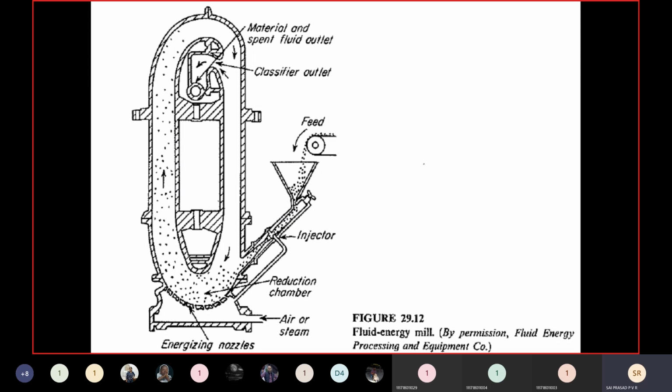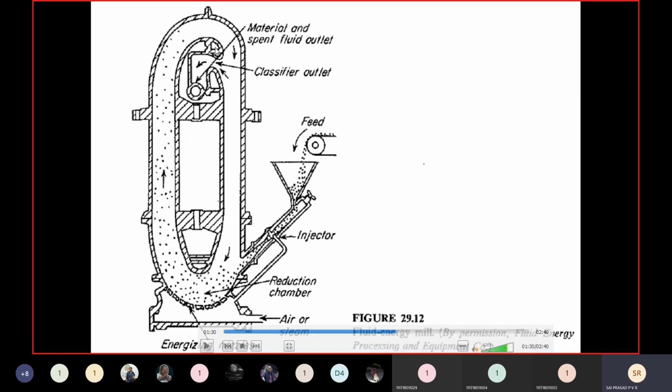Now here what happens is that whenever the particles are moving, whether they are of small size or very big size, it is immaterial for us. If the size of the particle is larger in that particular population, it will go away from the center, concentrating on the walls of the container. Because of the frictional rubbing between all, the size reduction takes place. But if the size of the particle is reduced, what will happen? That will be concentrating on this inner side, near the central part.